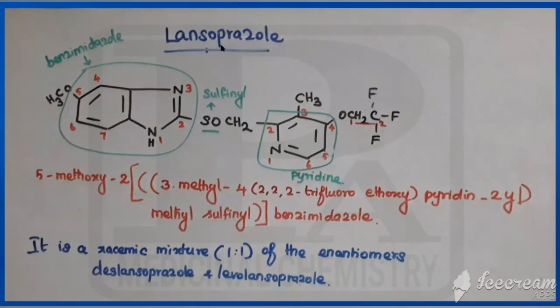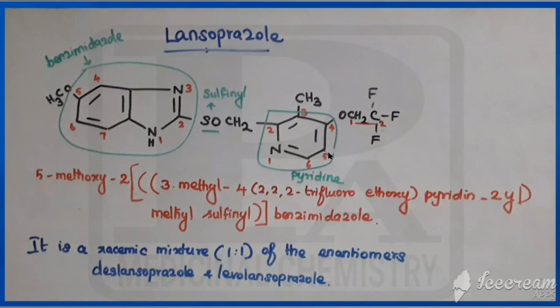The next drug is called lansoprazole, which has a similar structure to omeprazole, but with two differences. In omeprazole, the fourth position has methoxy, but here the methyl's hydrogens are replaced by fluorines, giving trifluoromethyl. That is one difference. Another is that omeprazole has methyl in the fifth position, but that methyl is absent here. So only two differences. In the fourth position of omeprazole there is methoxy, OCH3; here the hydrogens are replaced, giving trifluoromethyl. And the fifth methyl is absent.